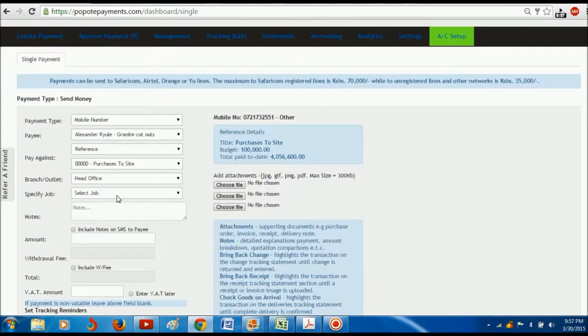Right? You can also select the branch if you're expending this to a particular branch or to a particular job. The creator then adds notes, and in this case we'll just say it's a demonstration to Popote. This is particularly important because these notes explain to the approver exactly what this payment is, and they can make a decision on that. Right? So you add notes, enter the amount,